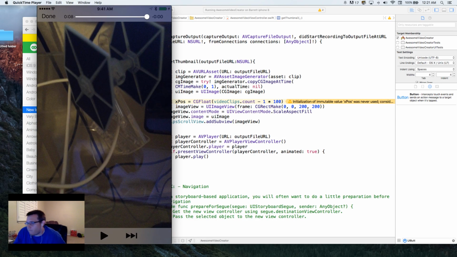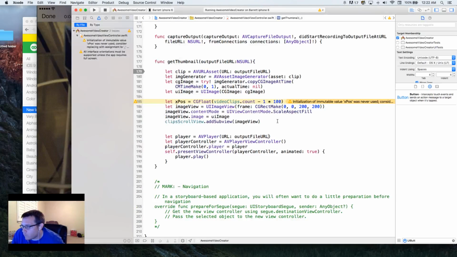Okay. All right, so that's good news, I guess. So the image generator is creating